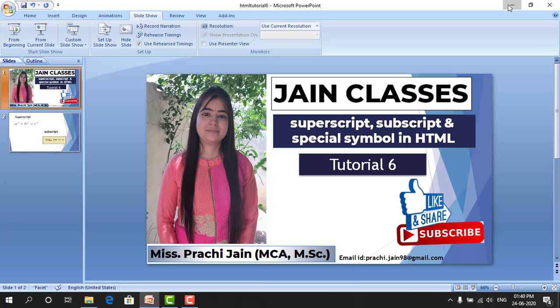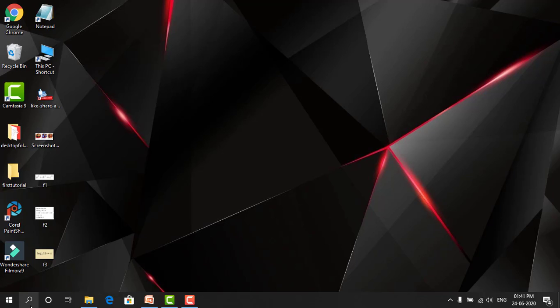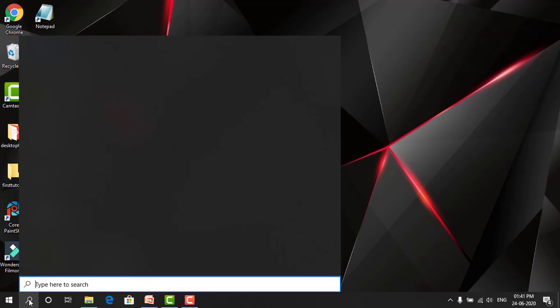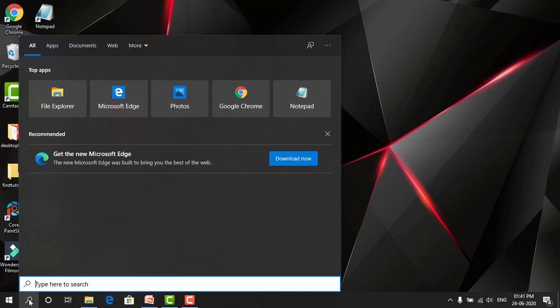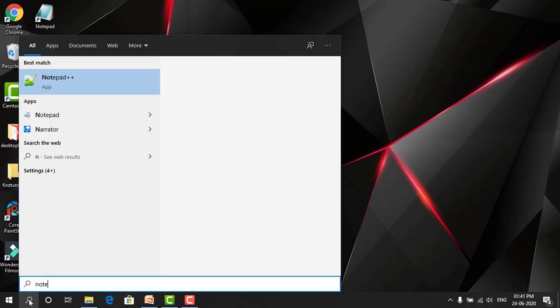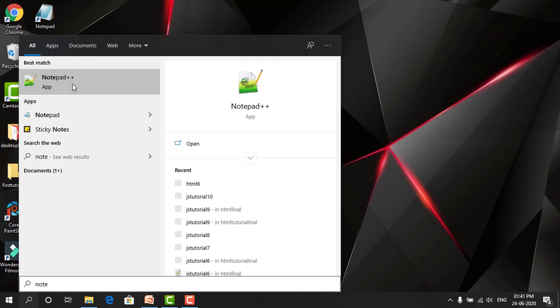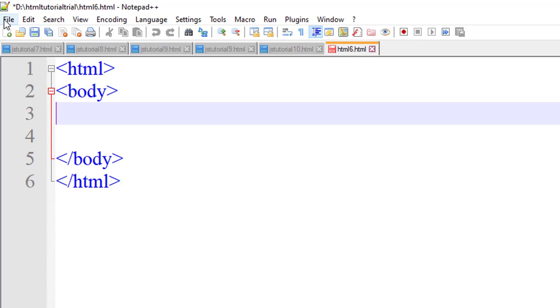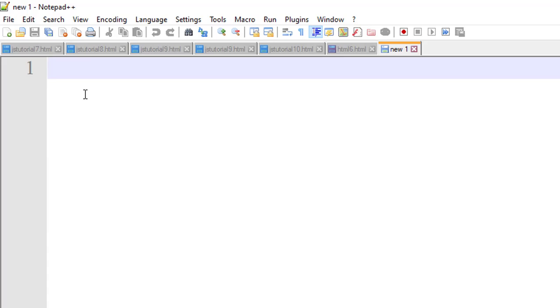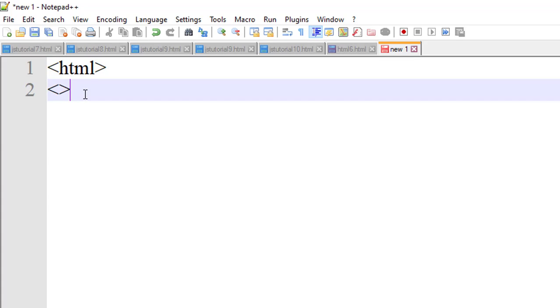So for that, open the Notepad++, because we will do the coding in the Notepad++ now. In the Notepad++, I will create a new file. In the new file, firstly HTML tag open, HTML tag close.